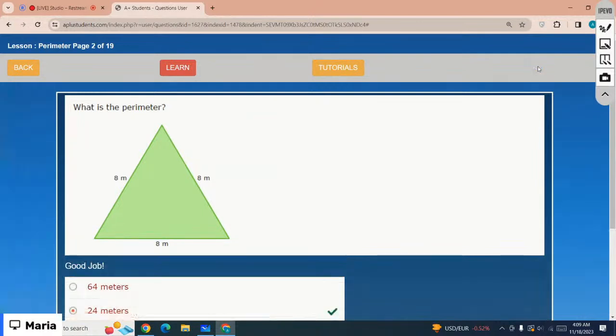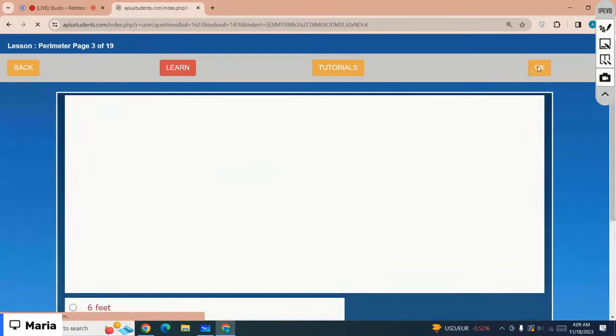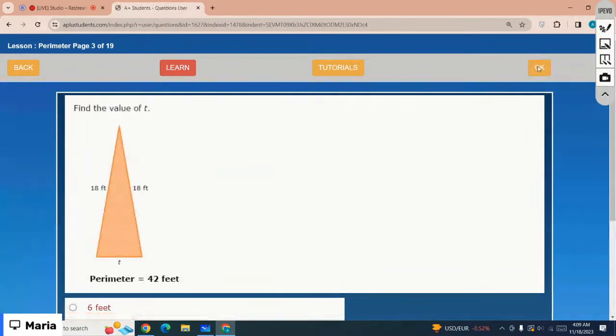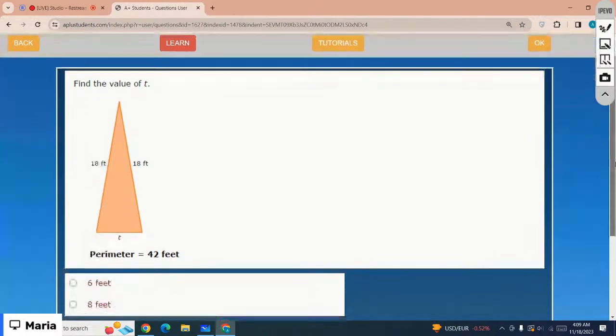Okay, the next one is: find the value of t. You are given the perimeter. The perimeter is 42 feet and you are given two of the side lengths. So which is the third one? We know that the sum of all the sides must be equal to the perimeter. That means